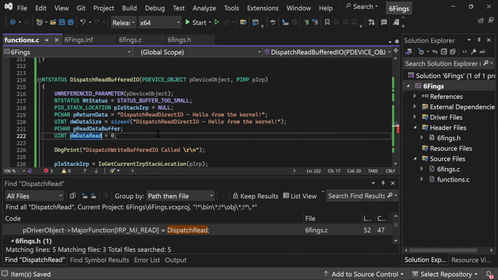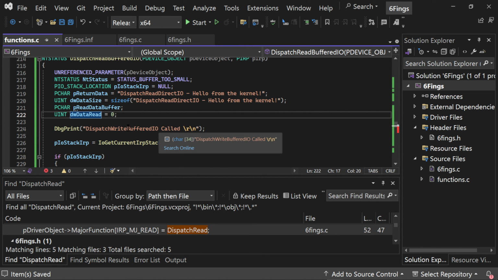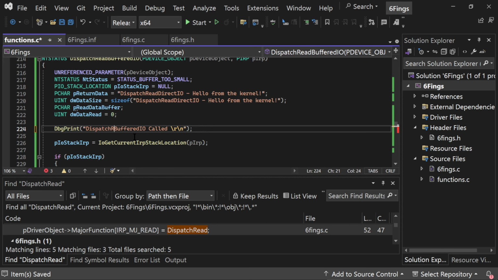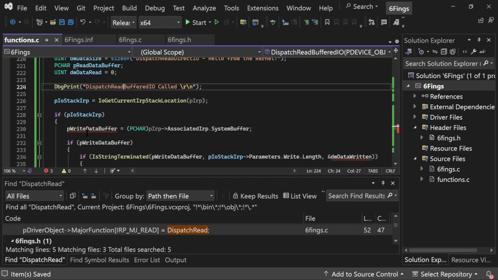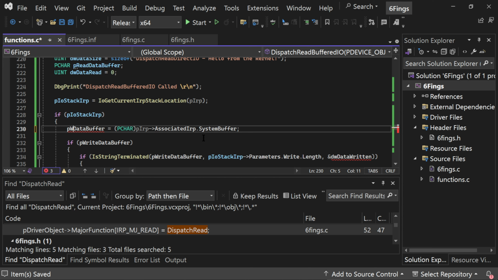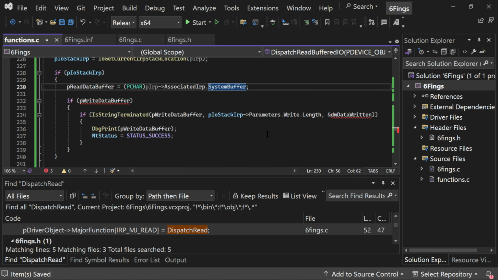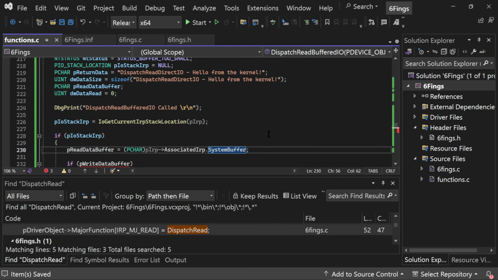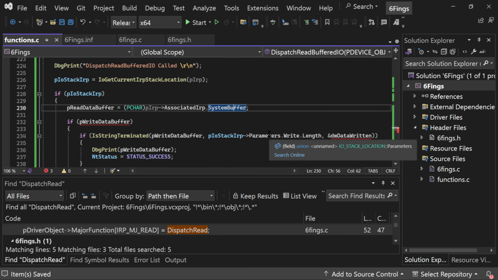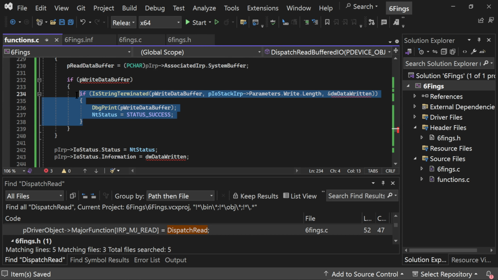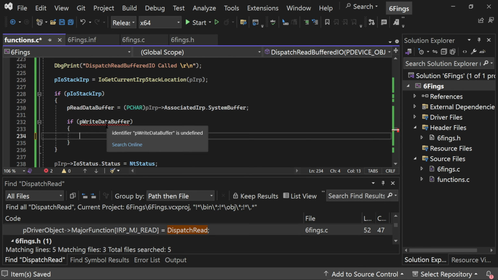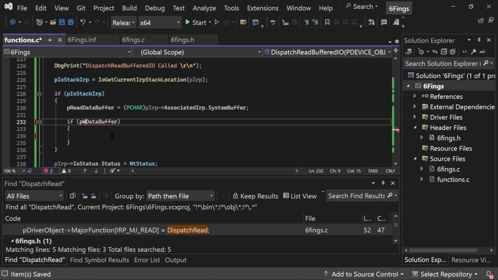So this all declaration is done in the buffered IO. Read buffered IO we will be now handling, and this will be containing the user mode buffer. Now we have the user mode buffer. Here we will not be doing this. We will be doing this if it is a valid thing,